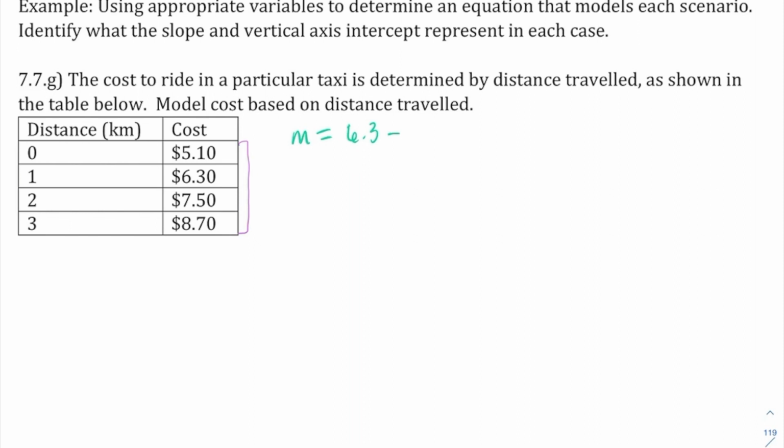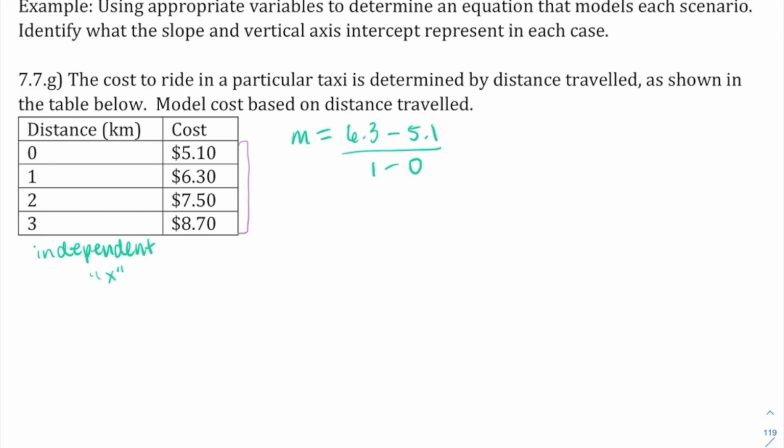Okay, so that's just what I picked. But like I was saying before, if you picked other points to do this work, you're going to get the same answer as I am. So I'm going to plug this in. Okay, so $6.30 is the same thing as 6.3 minus 5.1, as again represents $5.10, and then 1 minus 0